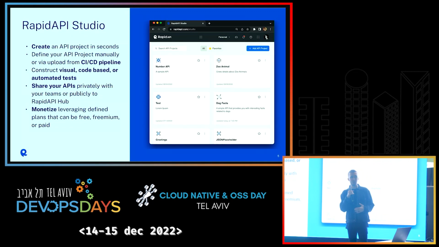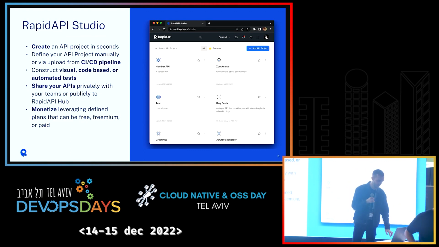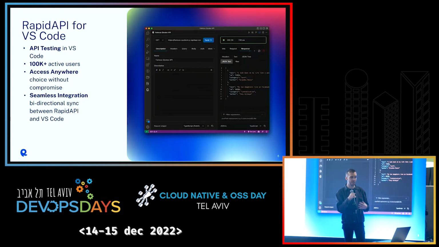So really what I'm going to be focusing on today is RapidAPI Studio, which is where we're really focused on the builders of APIs who are deploying and creating new APIs. We're integrated into the CI/CD workflows to be able to easily keep all of these API listings up to date. And what we're focused on doing is helping you, the developer, better monetize and share your APIs out with other consumers. I'm also going to be speaking about VS Code and how we brought that experience into the IDE to be able to make test requests through a RapidAPI client, as well as other functionality to be able to meet the developers where they're working day in and day out.